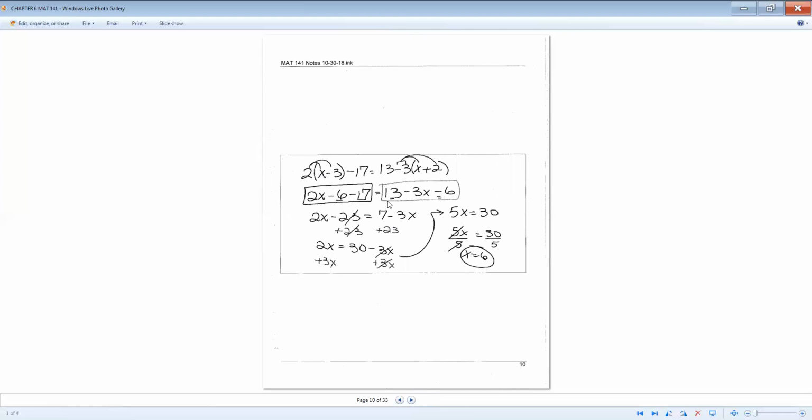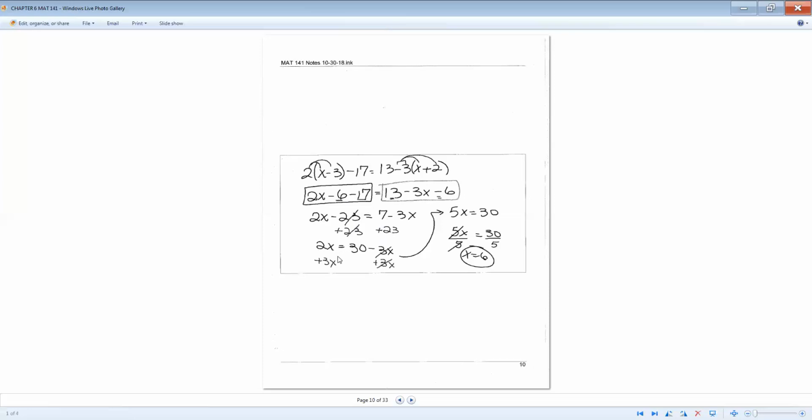Now, before you just move anything across the equal sign, I would suggest that you combine your like terms. So on my left side, I have negative 6 and negative 17, which is negative 23. On my right side, 13 minus 6, which gives me 7. So next, I have 4 terms: 2x minus 23 equal to 7 minus 3x. It doesn't matter which term you move first. Just remember, as long as you stay correct with your mathematics, you'll still get the same value when you're finished. So if I decide to add 23 first to both sides of my equation,